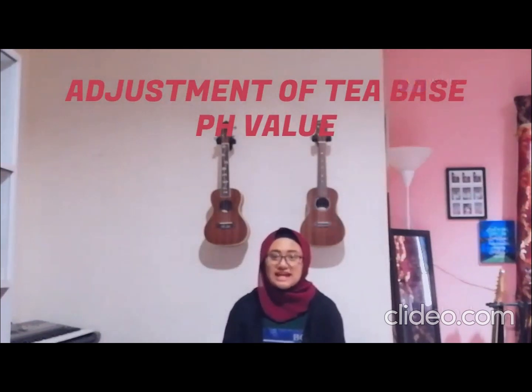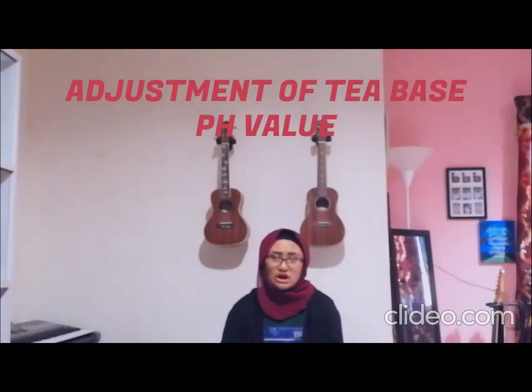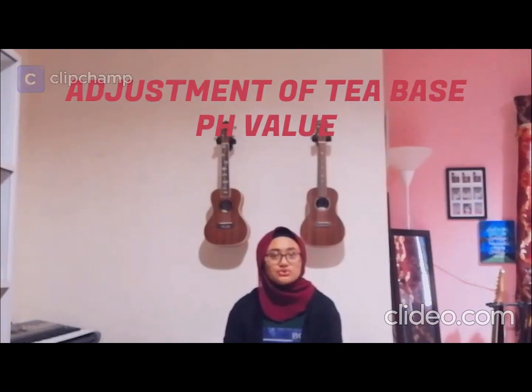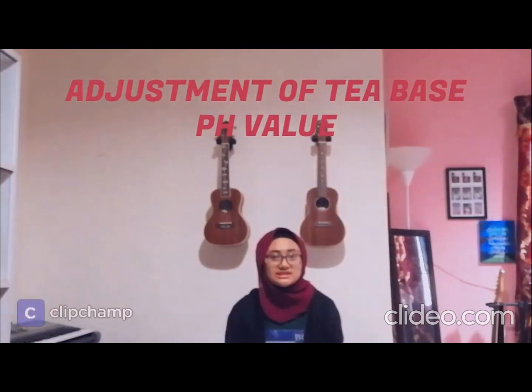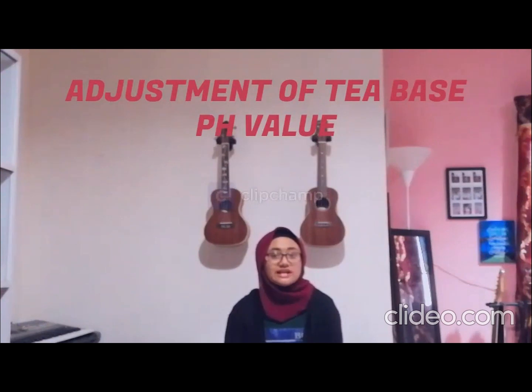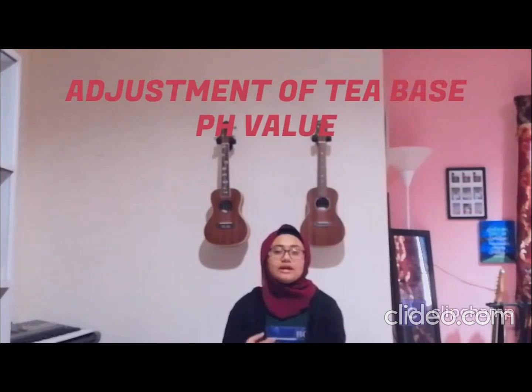While this is considered acidic, the pH of the tea base is not necessarily at the optimal pH range required for the lactobacillus and Acetobacter that inhabit SCOBY, which thrive around pH 5.0 to 6.3. To remedy this, a starter liquid is added to the tea base, which is the liquid that SCOBY was stored in. Since the starter liquid houses both lactobacillus and Acetobacter, which produce acid by oxidizing sugar to lactic acid and